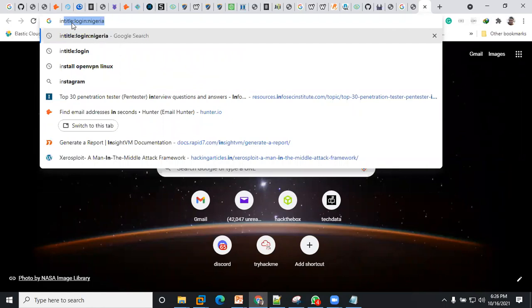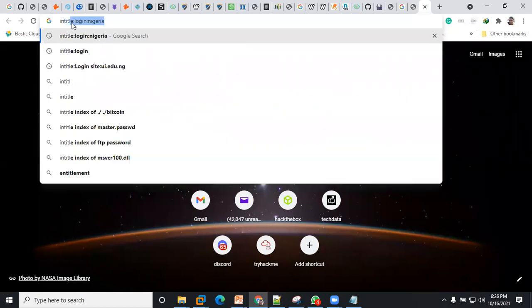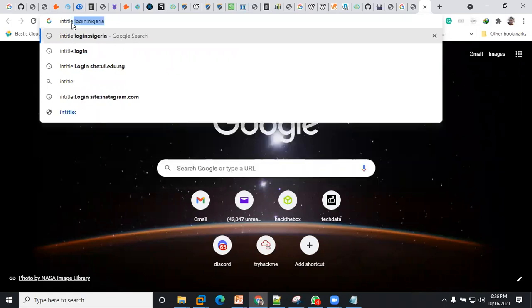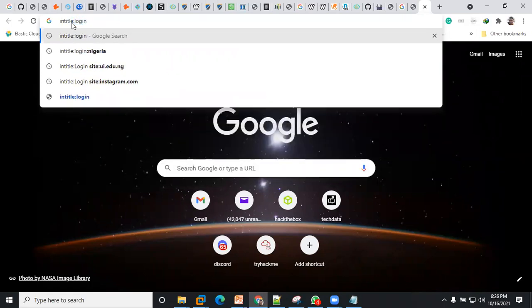One of them is intitle. What intitle does is that it searches the title of websites to see if there's anything that contains login, for example. So I say intitle, then a colon, then what you are looking for. I'm looking for login.